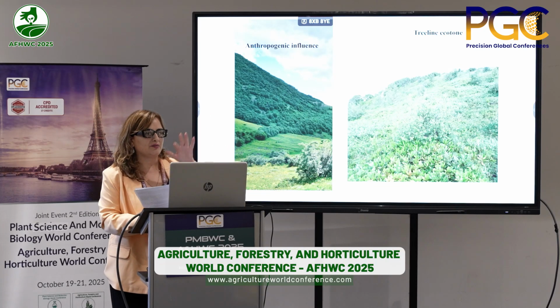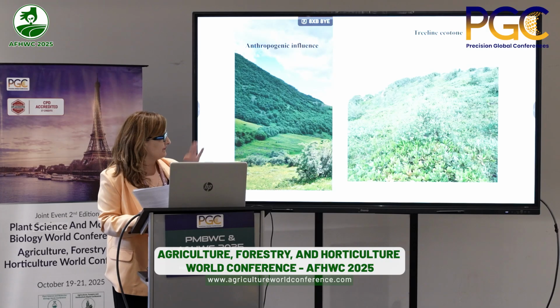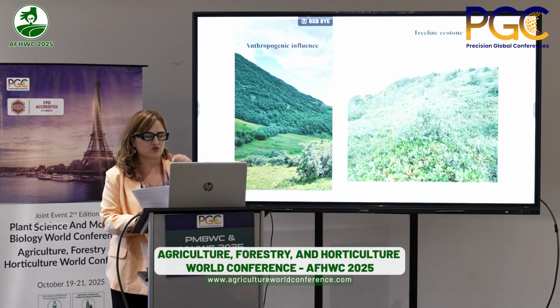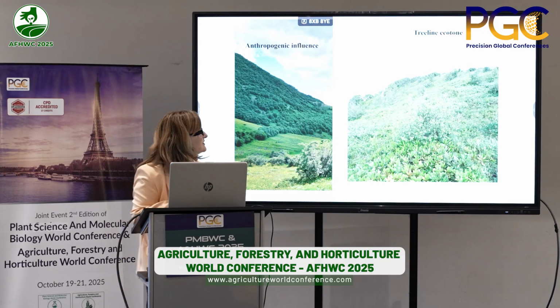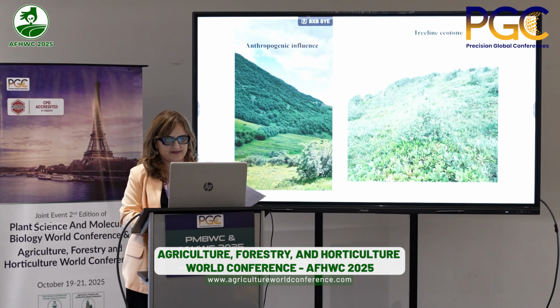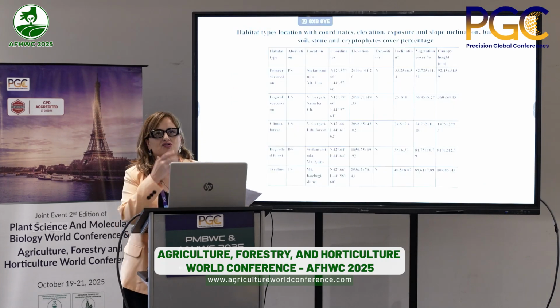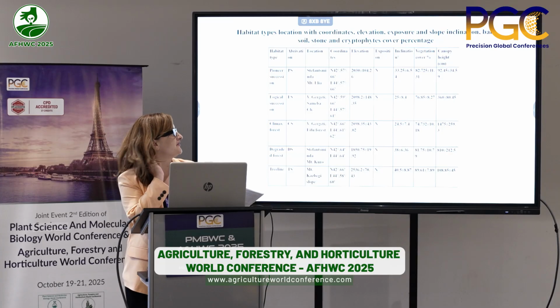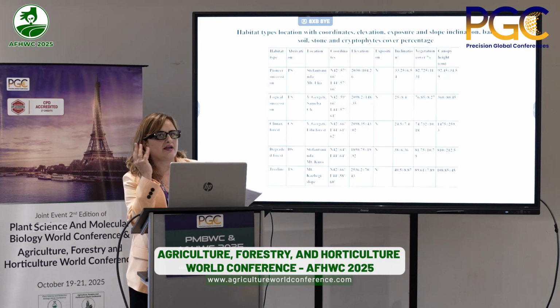It is up to the timberline, very high, more than 2,000 meters elevation, and you can see small trees of Betula associated with rhododendron shrubland. So we studied different methods at our study sites, where we described and studied